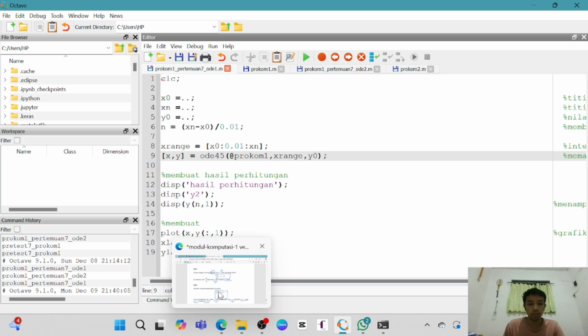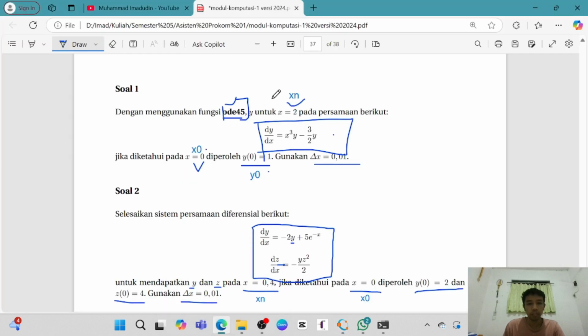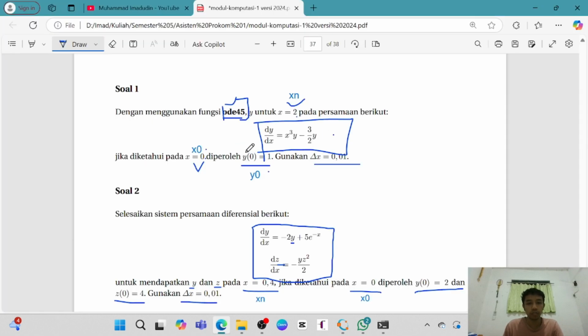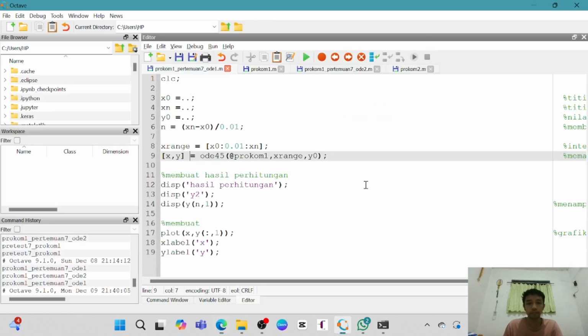We go back to the problem. We have xn is 2. Then the x0 is 0, because we have to find the interval between this 0 and this 2. And then the y0 is 1. Then this is the interval.